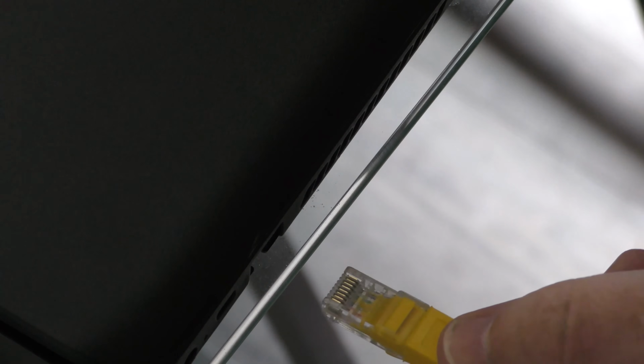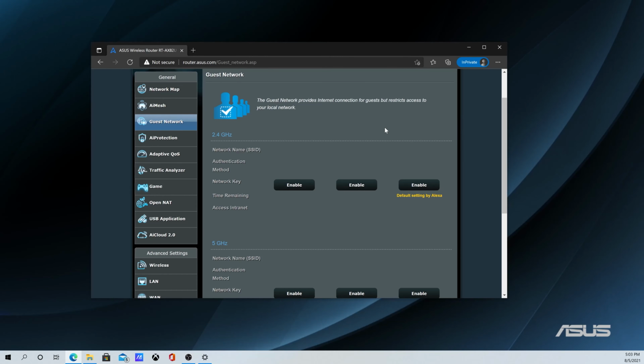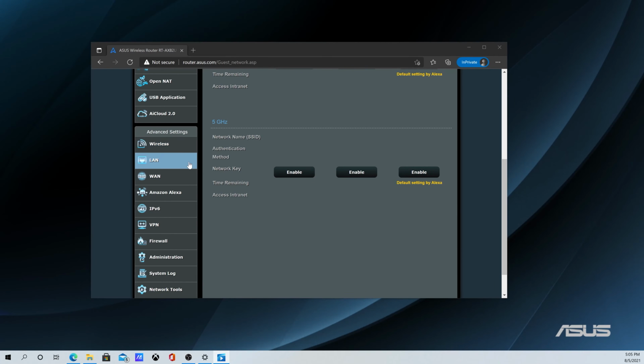All right, we're just going to plug the other end of the Ethernet cord into the laptop, like so. To log into the router, just go to http://router.asus.com. Once your router's set up and you're logged in, there's a ton of configurable features. You can set up a guest network, set up a dedicated gaming device, set up different security protections on your device, change your wireless settings, your LAN settings, your WAN settings, configure your Amazon Alexa, IPv6, set up a VPN,